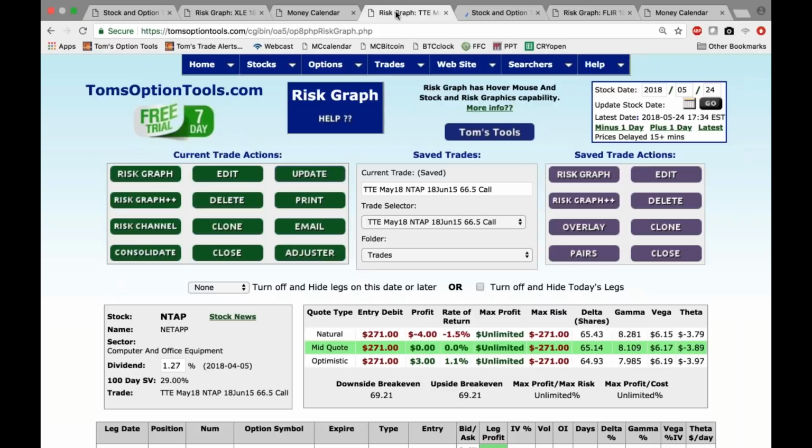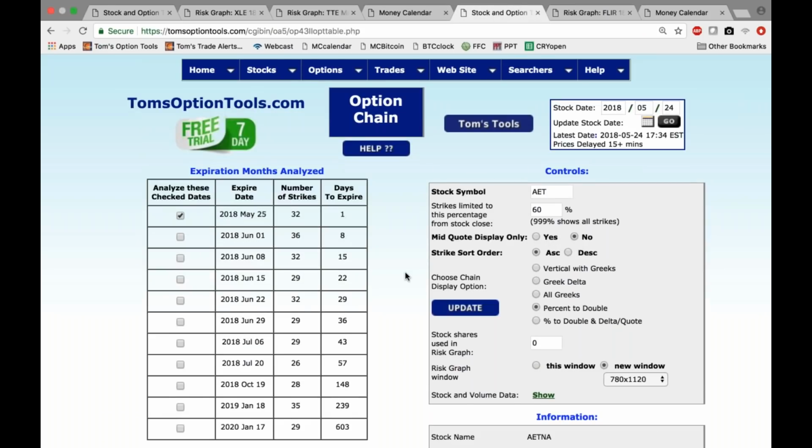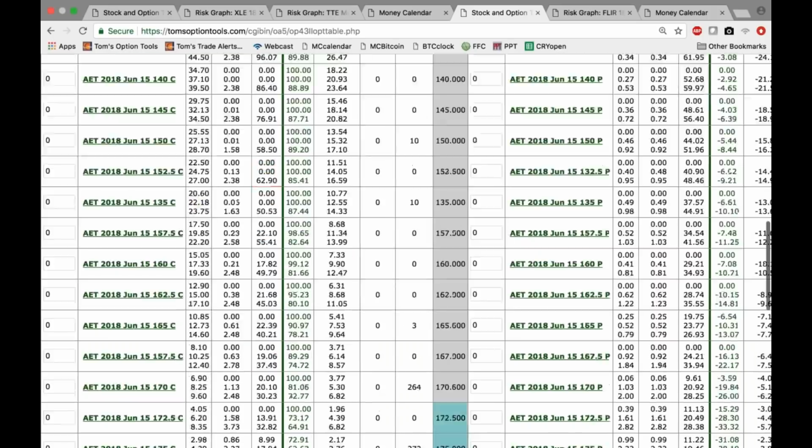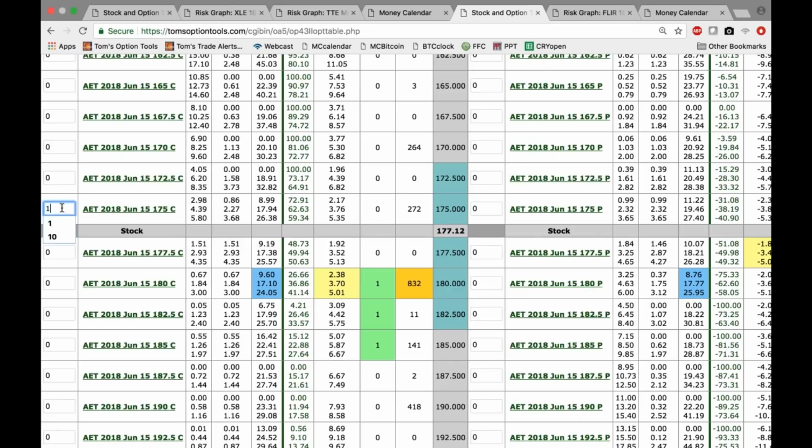Now, let's go back and take a look at the money calendar once again. Somewhere around June 18th is what I'm looking for. Well, I know there's some options that expire on the 15th. All right. 16th, 17th is Saturday and Sunday. So the 18th is Monday. So I'm okay coming up a little bit and looking at June 15th as a potential. So let's go ahead and activate the June 15th options. I'm going to click update and come down and see where we are right now. So stock's at 177, but look here, the 175 calls are below $5. If I put a $5 limit in on this, this is a potentially good idea. So let's click on